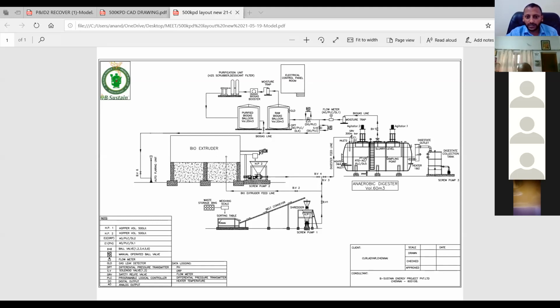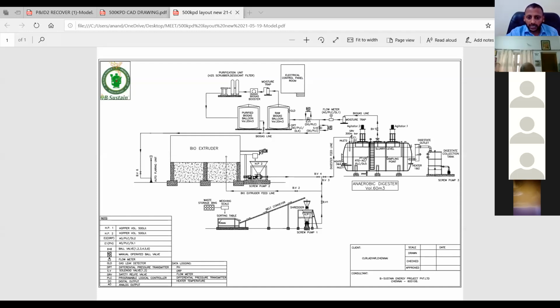It is an auto flaring unit. From the raw biogas balloon we have a differential pressure transmitter that senses the pressure. When the balloon is full, it closes the main line and opens the bypass line for the auto flaring unit. The gas from the raw biogas balloon is taken by the booster to the purification unit and stored in the pure biogas balloon. So it is a fully automated plant.